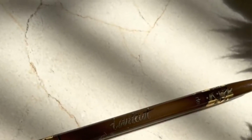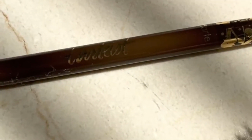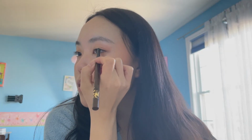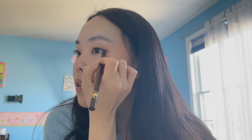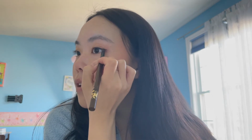Next, I was thinking that I wasn't going to do any eyeliner for this, but actually I think I'm going to do a very soft, natural, smudged out brown pencil liner. This is the Tarte Double Take eyeliner in brown. I'm just going to run this along my lash line. So I'm just tightlining,